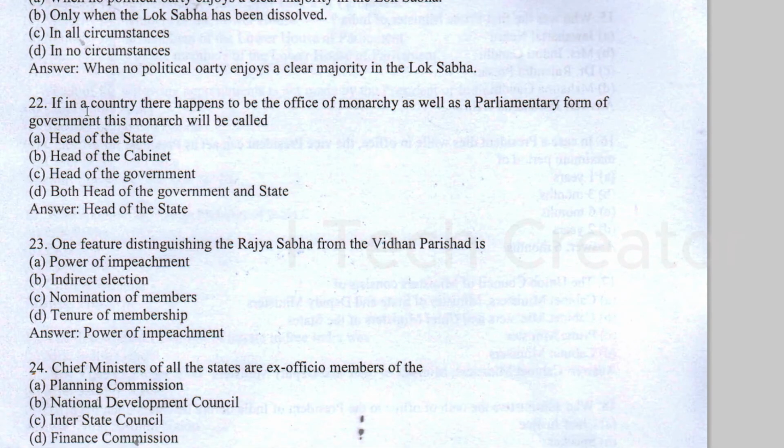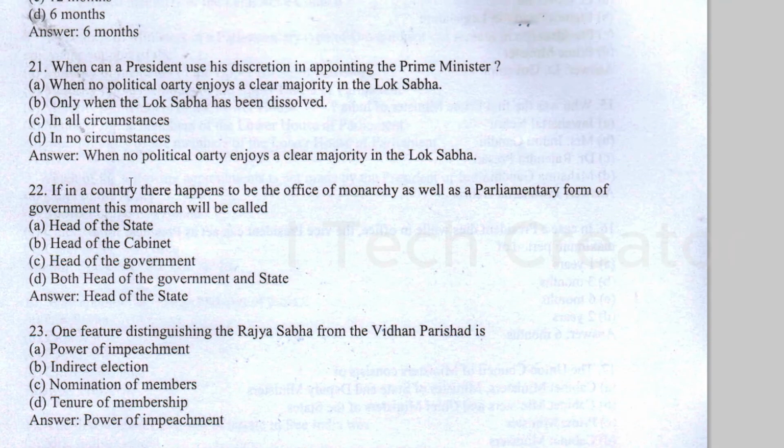If in a country there happens to be the office of monarchy as well as parliamentary form of government, these monarchs will be called head of the state. Next,